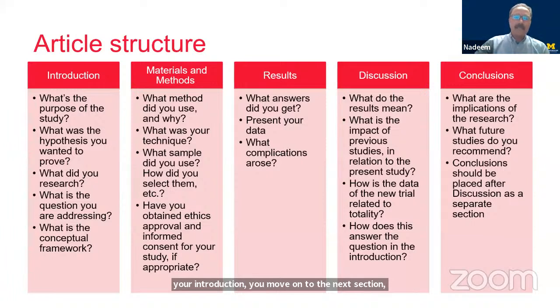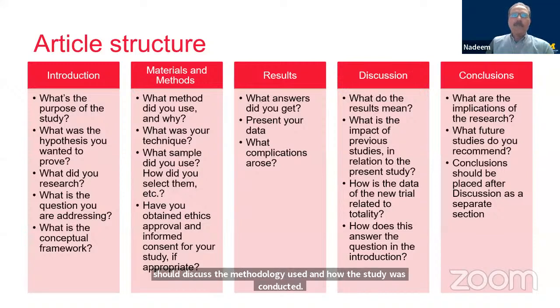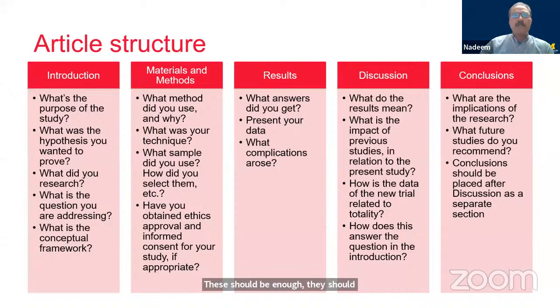Some journals have the methodology right after the introduction, and a few journals have it at the end of the discussion or even after references. But regardless, the methodology section should be clear, meaningful, answerable, interrelated, and flow logically from the introduction. As this section implies, you should discuss the methodology used and how the study was conducted. There should be enough information in terms of the procedures and measures for readers to trust the data or to reproduce it.